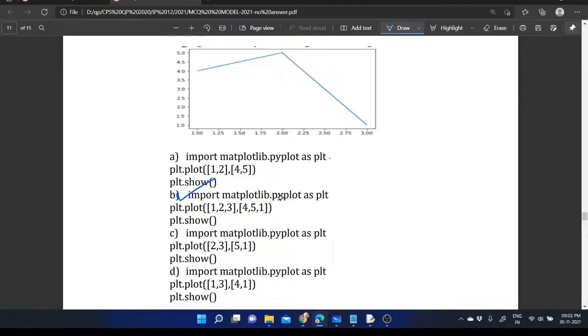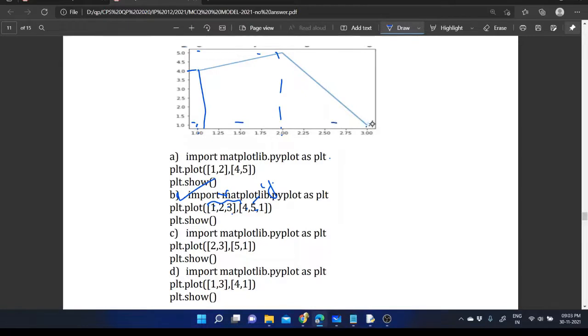As the first step, we provide matplotlib.pyplot as plt, then plt.plot, the plot function that we use for plotting the line graph, and then this one is the x-axis and this one is the y-axis value. So x-axis 1 is provided, and the corresponding y value is 4. Here you can see 1 and 4, and then the next one is 2 and 5, that's also easily identifiable, and then 3 and 1.